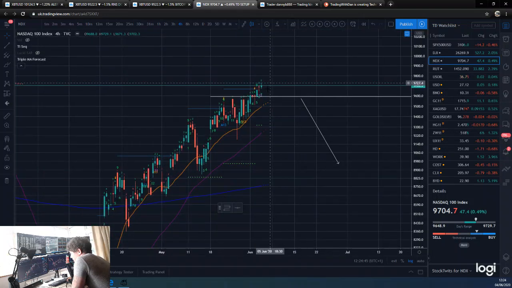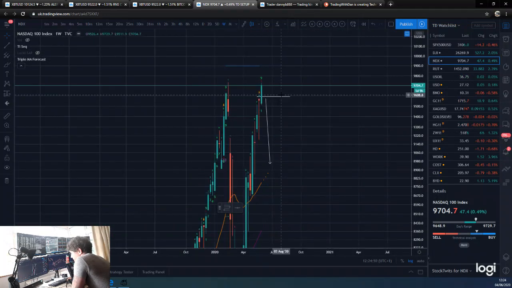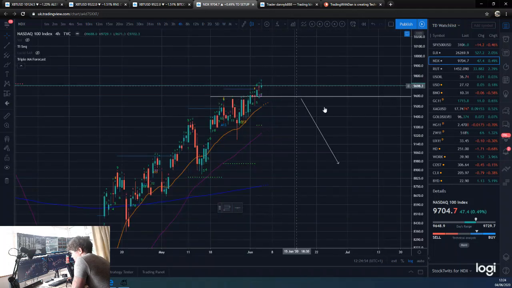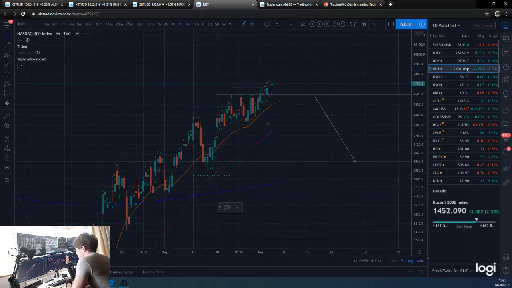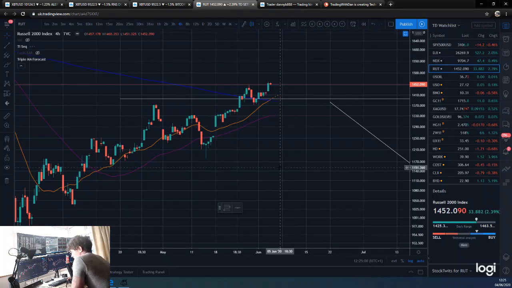I mean, obviously I can't say breaking above the 9 because we're above it already, and even on the weekly 9 candles we're still near the top anyway, so you can't really put a line above the top of that and say, yeah, as soon as you go above there, onwards and upwards. Right, so the Russell is another interesting one.